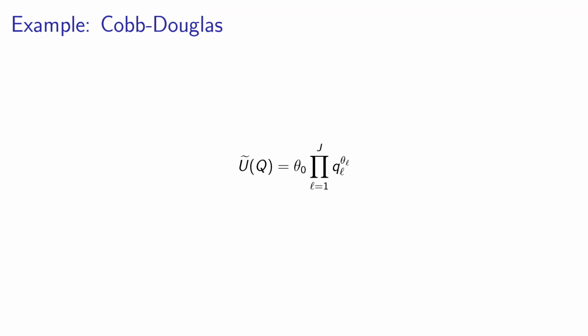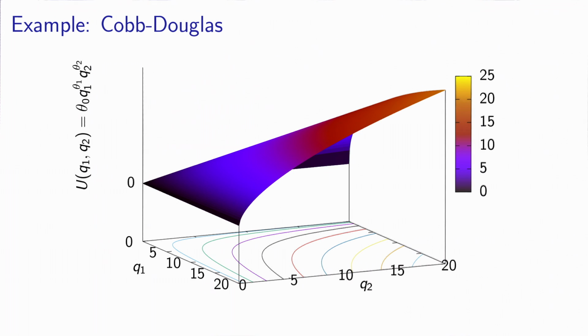As a concrete example, we can use the following utility function. It's called the Cobb-Douglas, the utility function usually used in textbooks in microeconomics. This is the shape of the Cobb-Douglas utility function for two items. On this axis, we have the quantity of item 1, on this axis the quantity of item 2, and the z-axis, the altitude, represents the value of the utility corresponding to the combination of Q1 and Q2. When you purchase no Q1 and no Q2, the utility is 0. Then as you increase the quantity of each of these items, the utility increases.